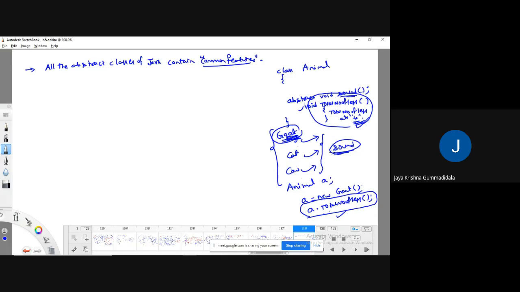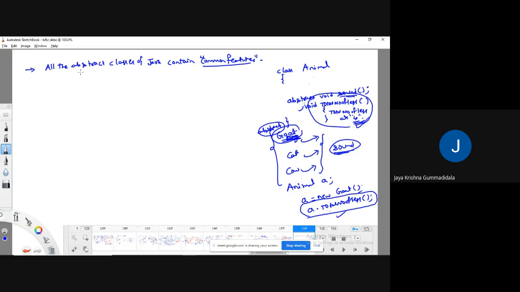I have explained this during object typecasting. Go through that video so that you will get clarity. There is no compulsion to override whatever methods I have defined in the superclass. But whatever methods you have defined as abstract should be overridden in the derived classes. Otherwise, there also you should declare it as abstract.